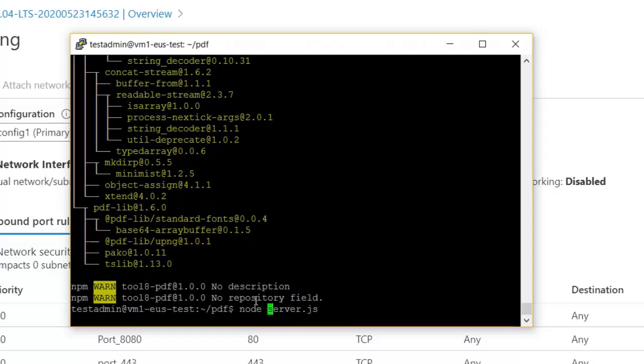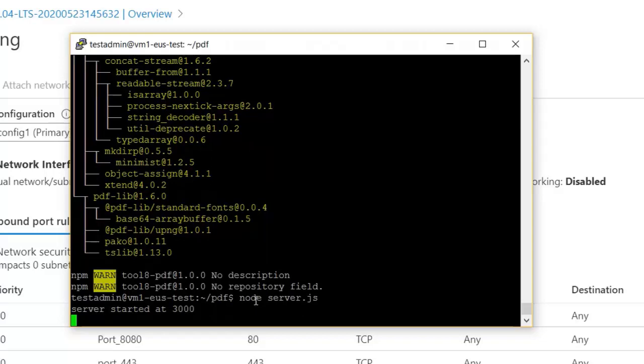Because the running command that I'm always using for my application is node server.js. Okay, so similarly if you have any other command, you can go for that, for example npm start or anything you have, according to your application. Okay, so mine is node server.js. It will start my application. So as you can see, the server is started.